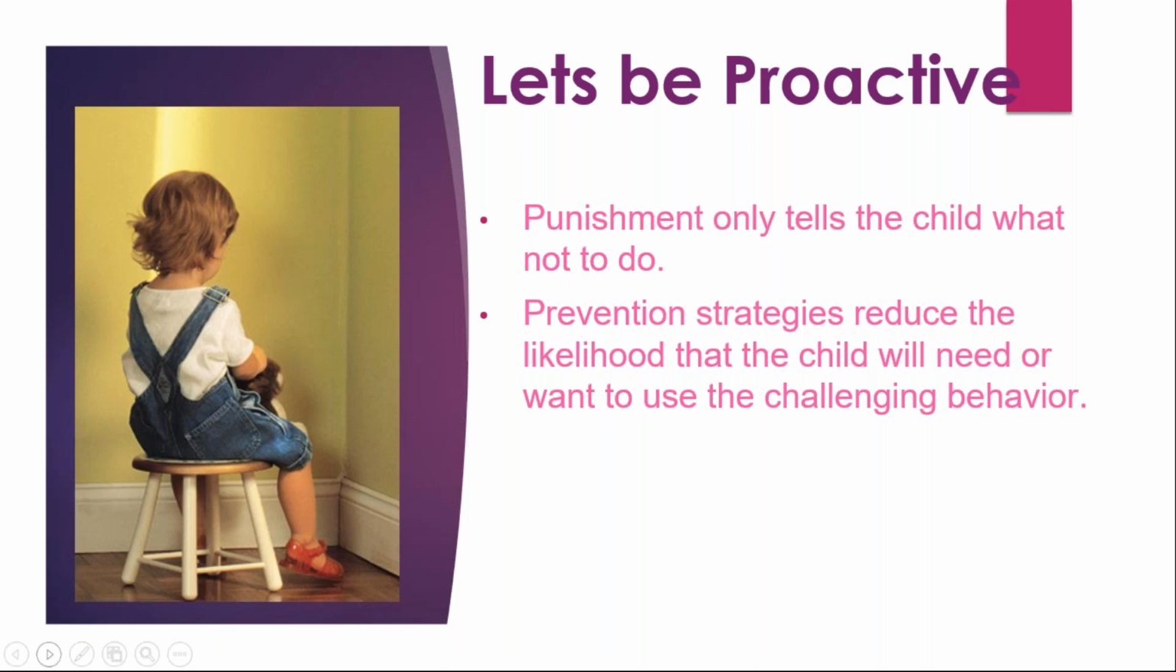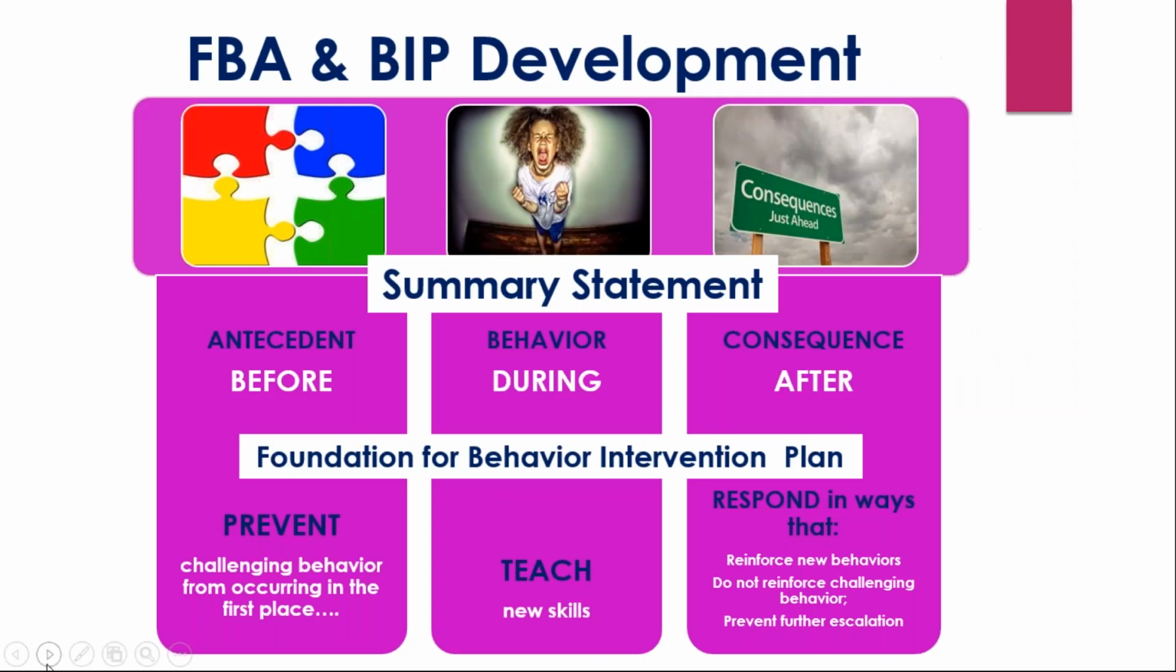All righty, excellent. So here we have a functional behavioral analysis and a behavior intervention plan development. Once we have our antecedent, behavior, and consequence, the antecedent is what's happening before, the behavior is what's happening during, and the consequence is what's happening afterwards, we're able to take this and build a foundation for a behavioral intervention plan. So when we look at our antecedent, we want to prevent challenging behaviors from occurring in the first place. So an example of this is